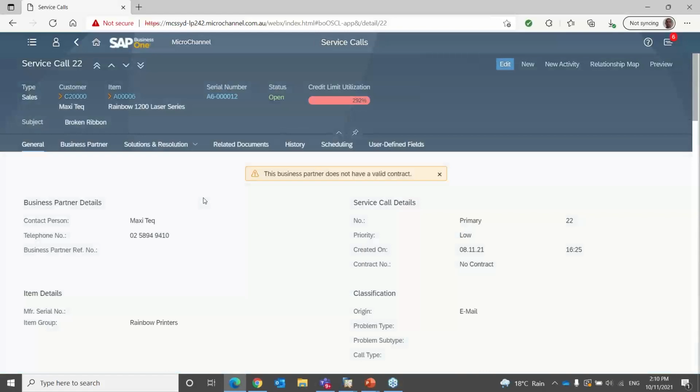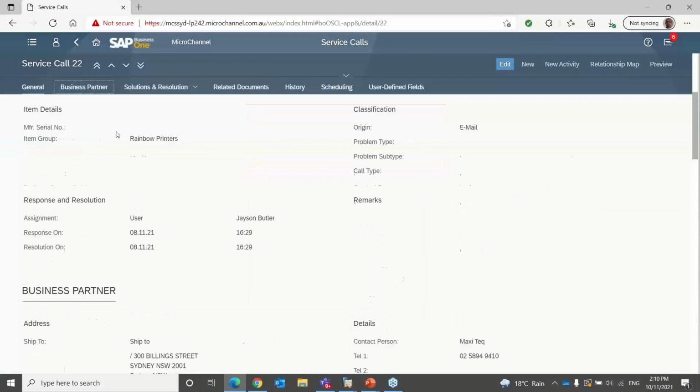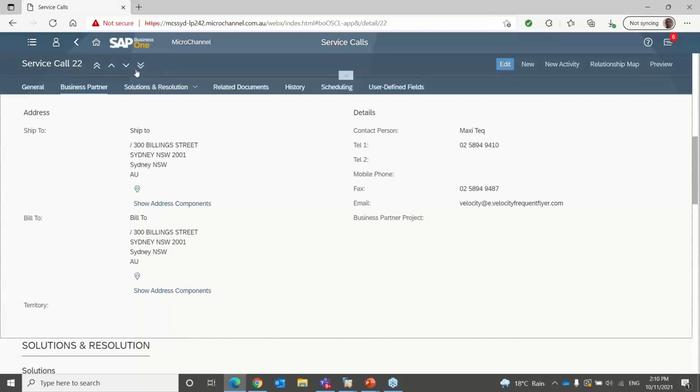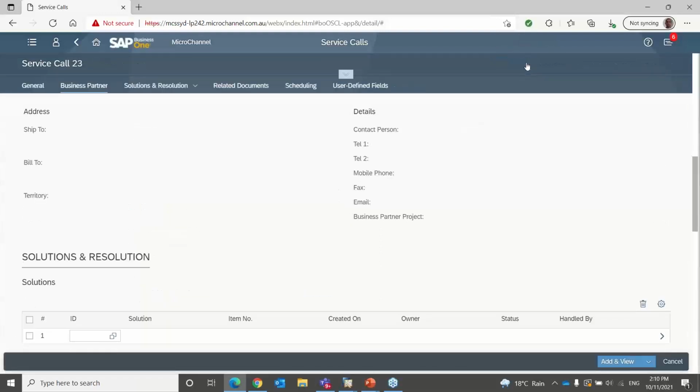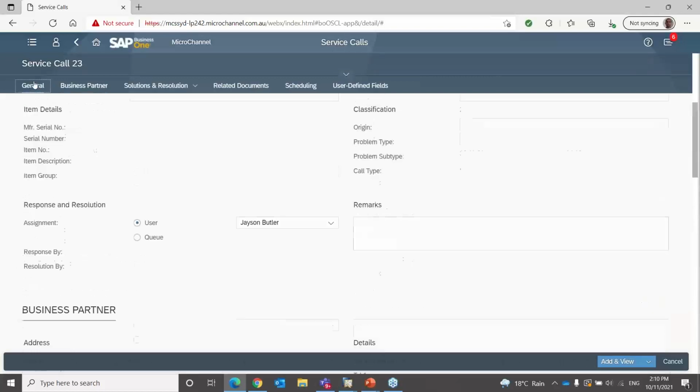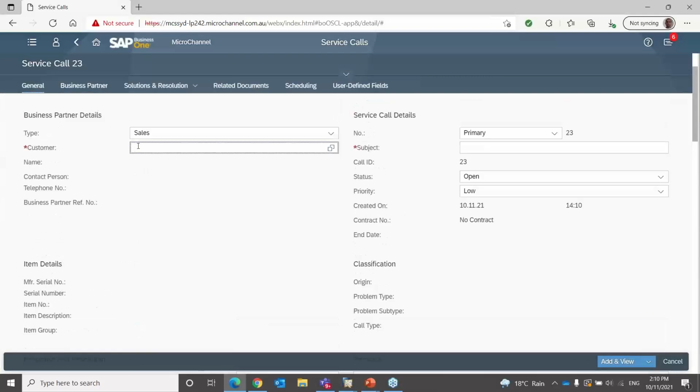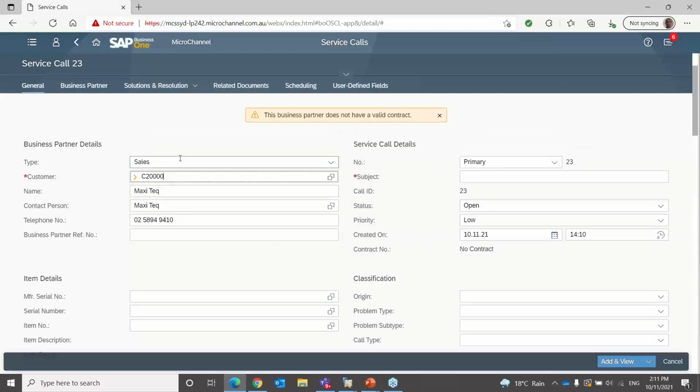and look at the details of the service call, and so on. So if we then say we're going to create a new service call, and we come back to the general. Firstly, we've got to select a customer. So say selecting my customer Mexitech,